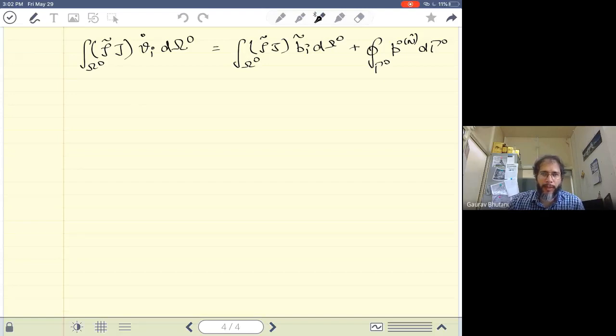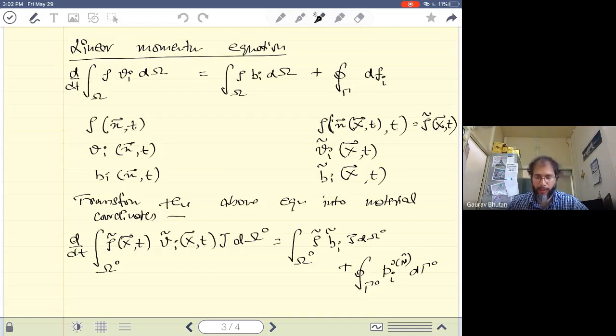So I'm trying to go as slow as possible so that I don't confuse you. But what we have done is we have simply moved the integrals and we have combined the terms rho tilde and j. Yes, thanks for letting me know. So velocity should have a tilde on top as well, because this velocity is also in terms of the reference or the material coordinates. Let's make sure we have done this in the past as well. Yes, so the previous slide is correct as well. Thanks for that. So let's move on.